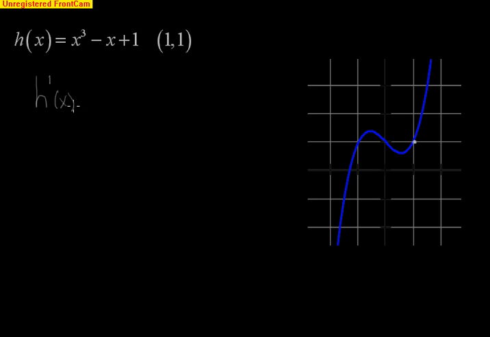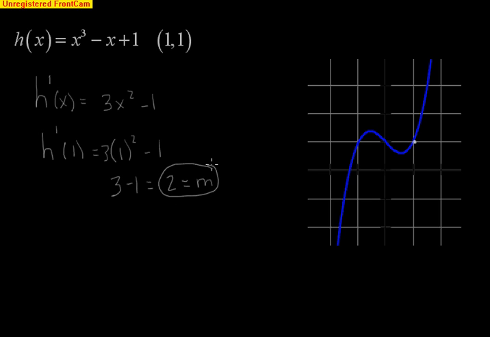find the derivative, and we'll have 3x squared minus 1, power rule here, power rule there. And so the derivative, which is the equation that represents the slope of the tangent line, now we have to plug in 1. And we'll wind up with 3 times 1 squared minus 1, so that's going to be 3 minus 1, and we'll get 2. Now 2 represents our slope. So we can use point slope form now, y minus y1, so there's your x and your y for your point, equals 2 times x